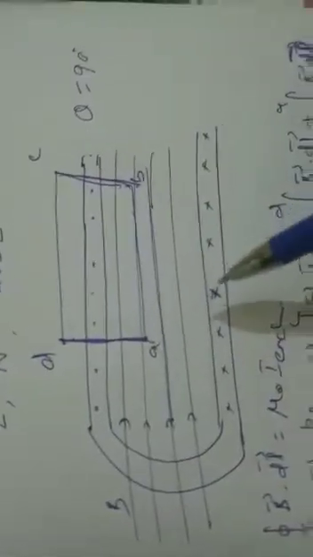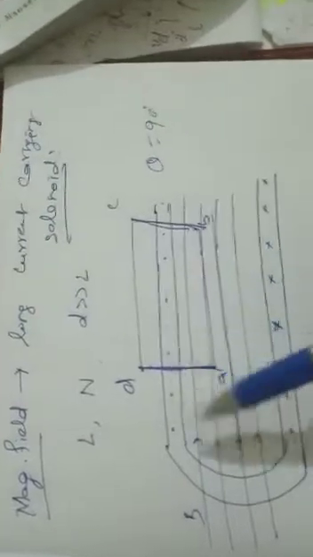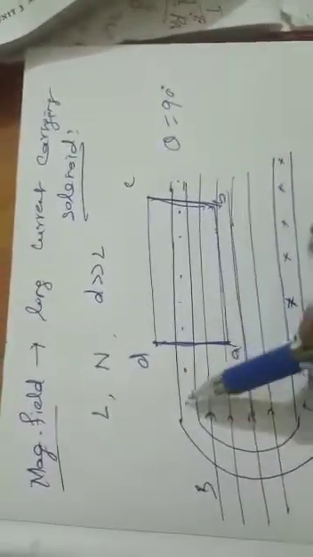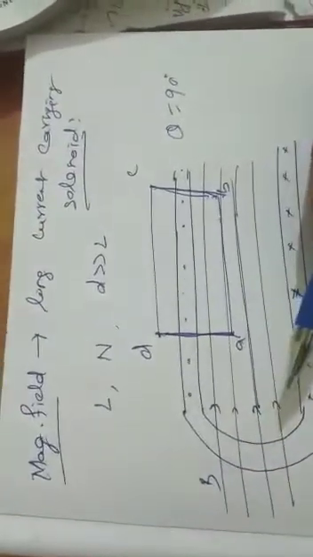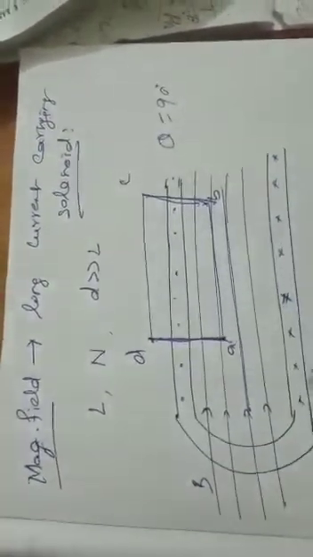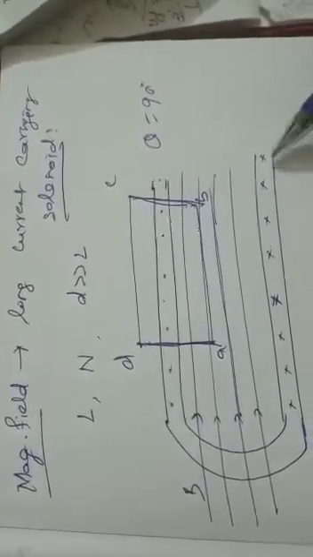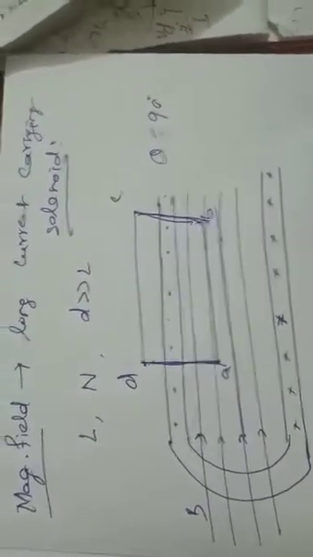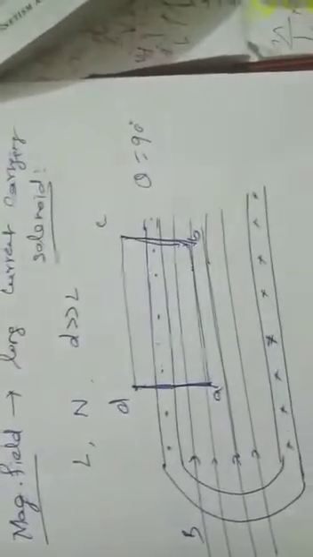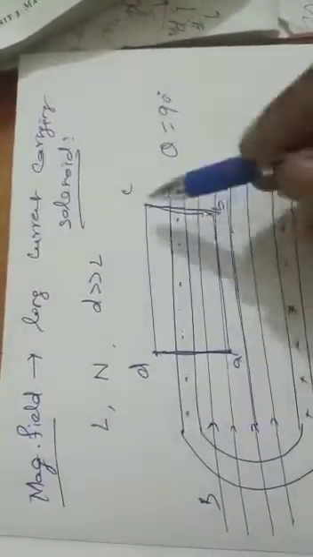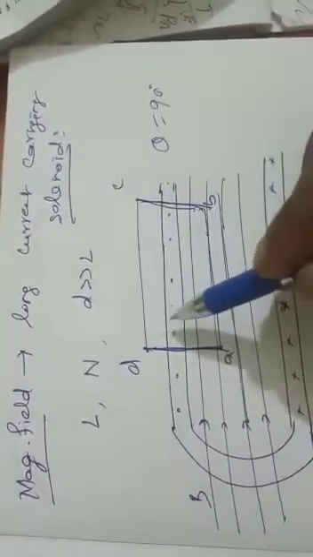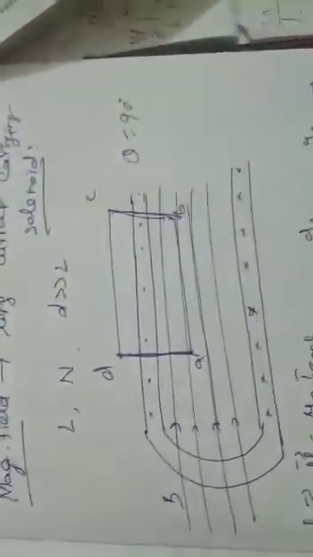Here we are going to find the magnetic field at any point inside this solenoid by using Ampere's circuital law. For that, this is the solenoid. The dotted parts indicate the current coming out of the paper, and the crossed parts indicate the current pointing into the paper. First of all, we have to consider an Amperian loop ABCD with the magnetic field.